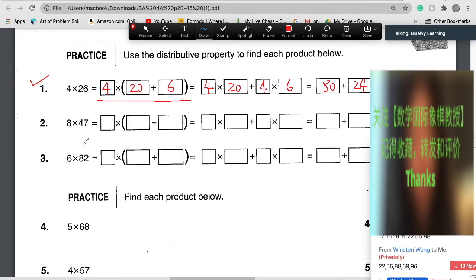Okay. Second one, also very easy, 8 times 47. You write 47 as 40 plus 7. Then you use 8 times 40 plus 8 times 7. Then 8 times 40, that's 320. Then 8 times 7, that's 56. So you got this one,